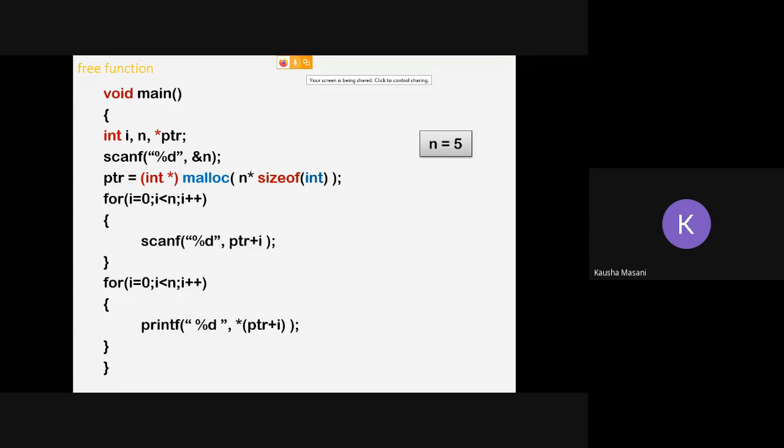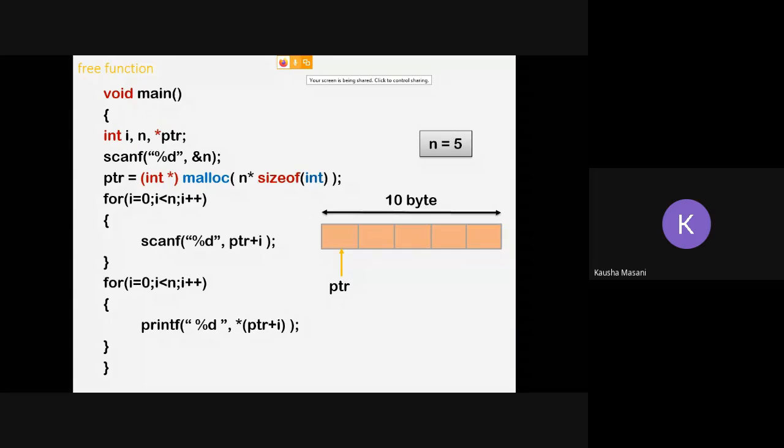Now let's say the user has entered n equal to 5. The size of an integer is taken as 2, and that's why 5 into 2, so 10. With malloc, one memory block is assigned, not multiple memory blocks.